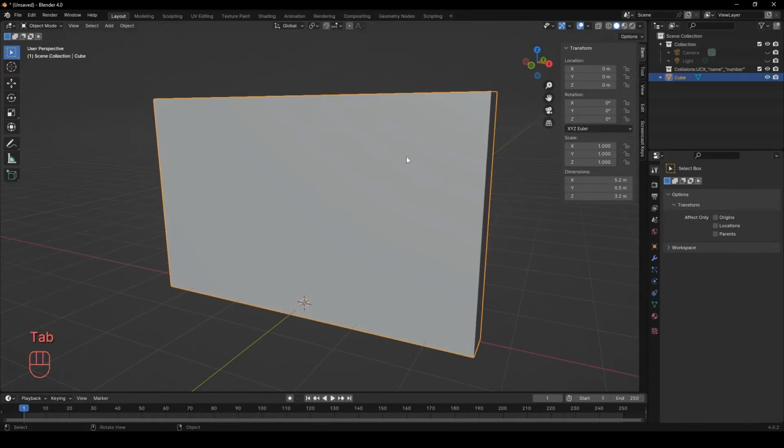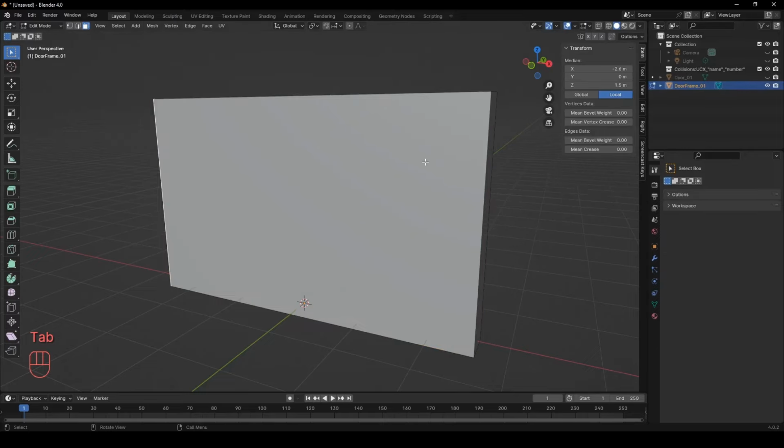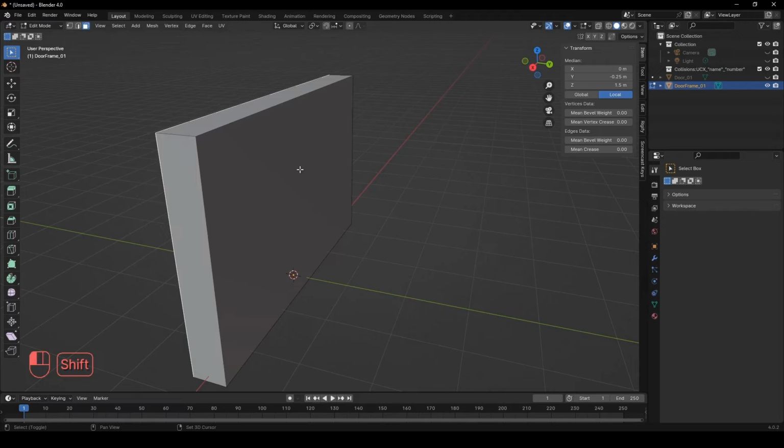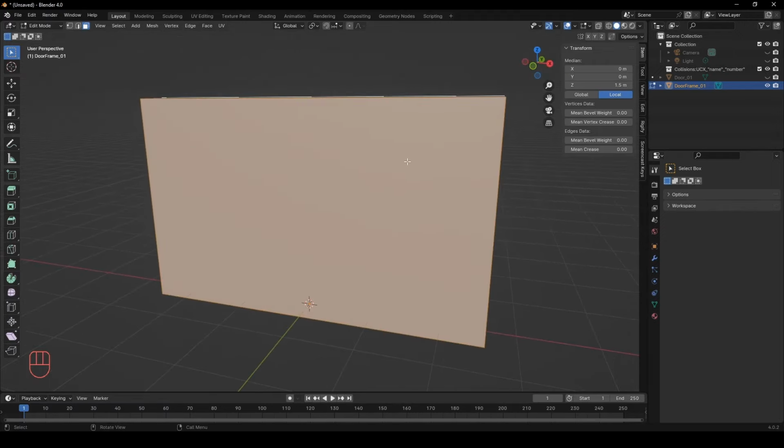Now the door is done for now, so duplicate it by pressing Shift D and right-click. One object I rename to the door, I add _01, the second one I rename to the door frame and hide the door. Select the large faces, press I for inset, scale it down a bit and press 2 for selecting edges.